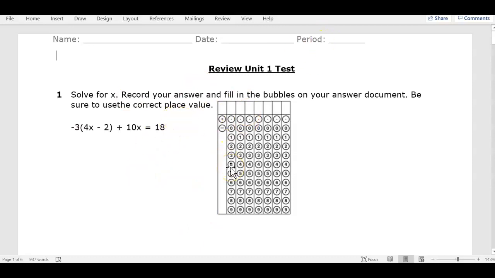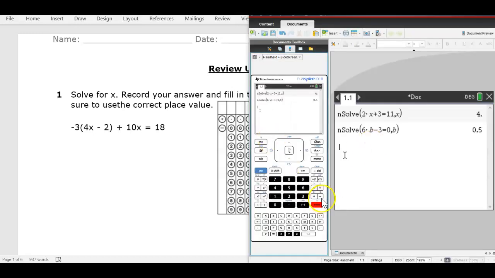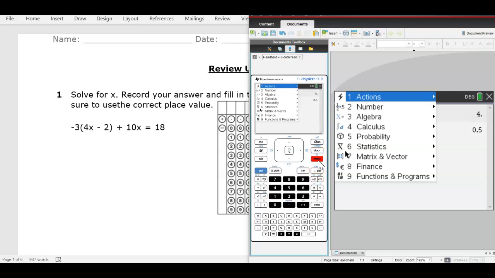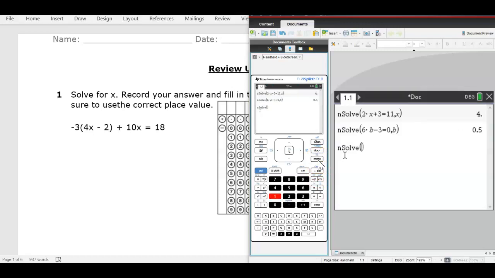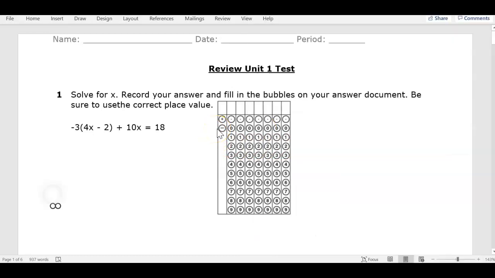Let's go through this. It says solve for x. All right, so you have an equation. Remember, you are allowed to use insolve, so might as well do it. So, again, let's do menu 3, 1. Okay, negative 3 parentheses 4x minus 2 plus 10x equals 18. Don't forget to put comma x. Get negative 6. So when I grid this in,